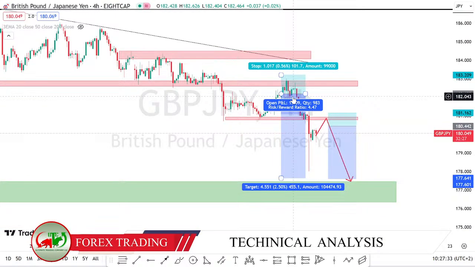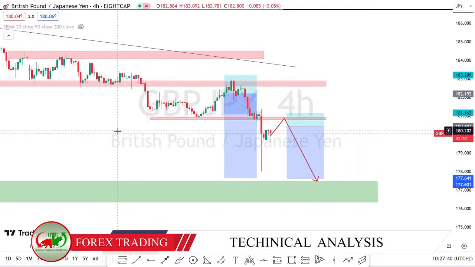So these are the areas of the market we do analyze on a daily basis, okay? And if you are looking for continuation patterns which are easy to trade this year, you can look at GBP Japan Yen and Swiss Euro Japan Yen. And for the advanced traders, you can even look for counter trend trades at USD Japan Yen as well as USD Swiss, okay?